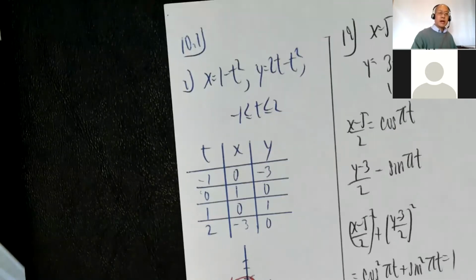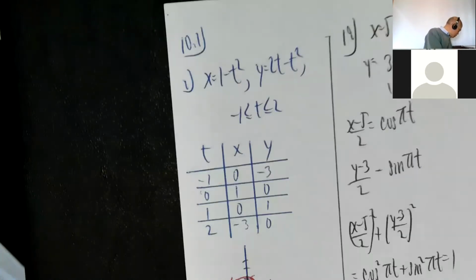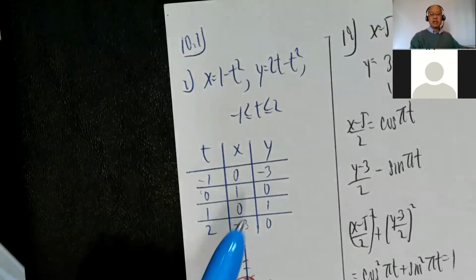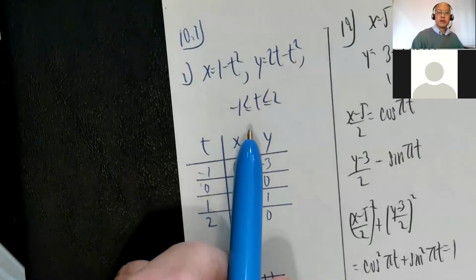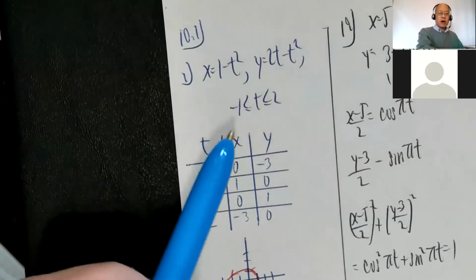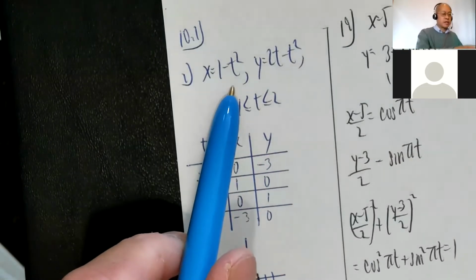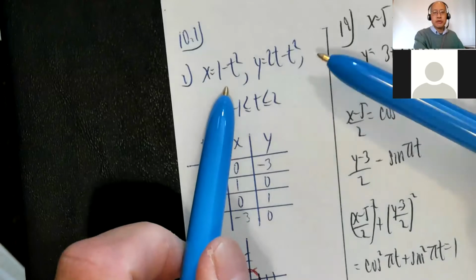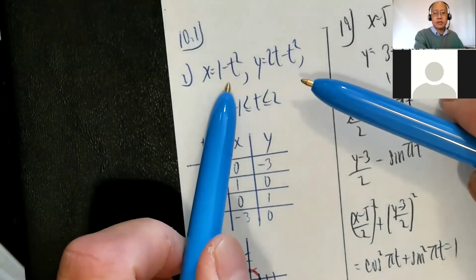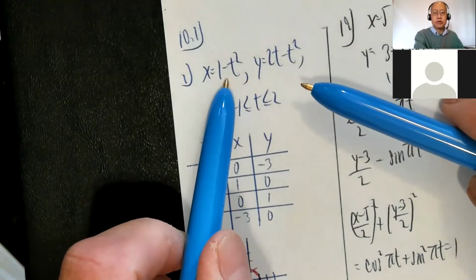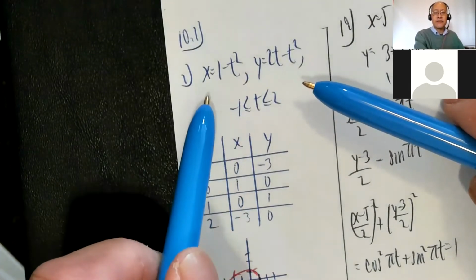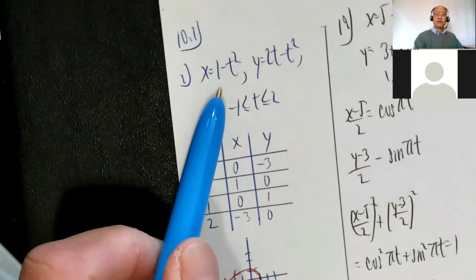Okay, number 1, x equals 1 minus t squared, y equals 2t minus t squared, t goes from -1 to 2. All right, so are x and y related to each other? Well, they're both related to t. So since they're both related to t, they're sort of related to each other. Now, how can I figure out what the graph looks like? Well,